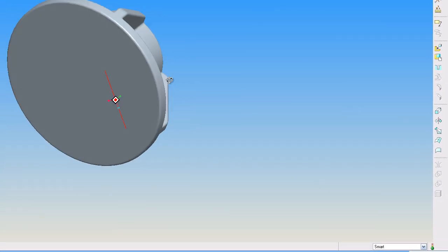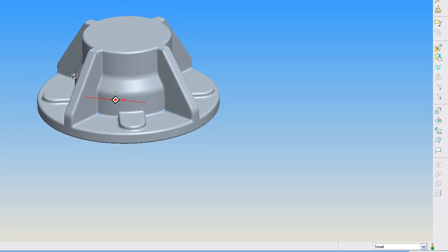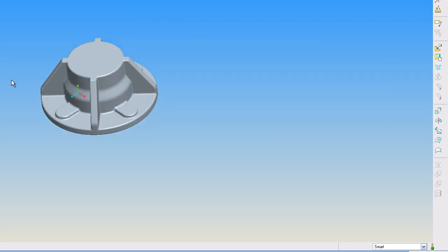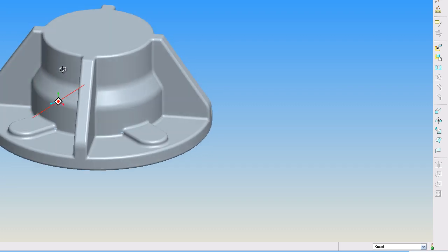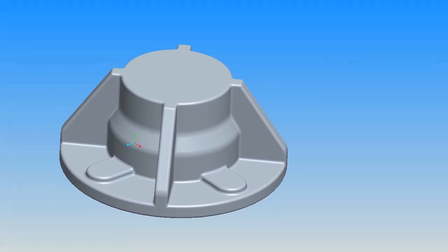This is a simple casting that I made. It has 3mm radiuses on it. That's the extra machine stock that I decided to put on this casting. This casting is also going to have what's called a core. So when they cast it, there's going to be a hole through the middle of this. It basically cuts down on machine time. So I'm going to add my core